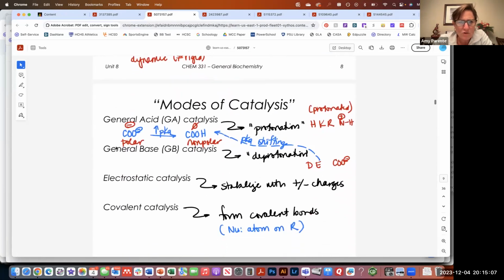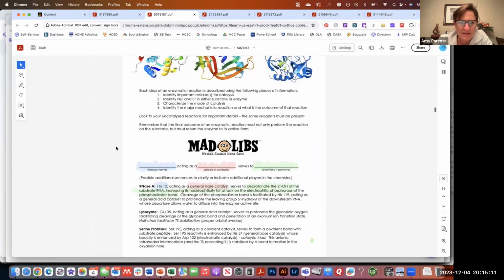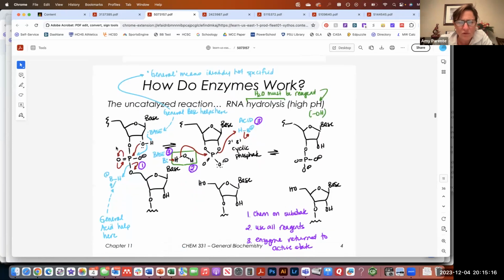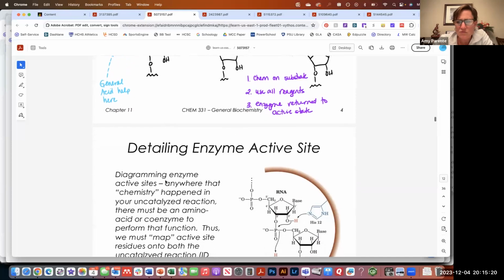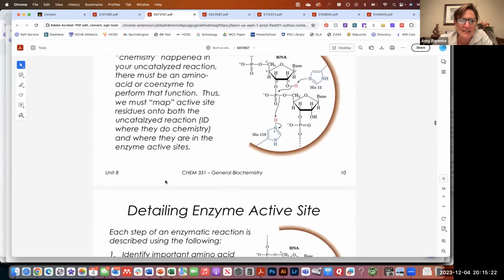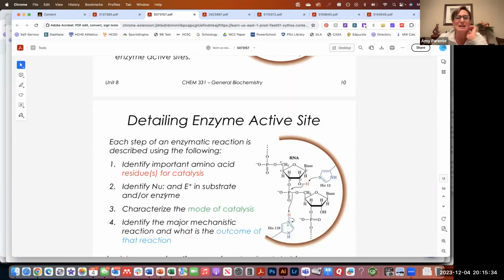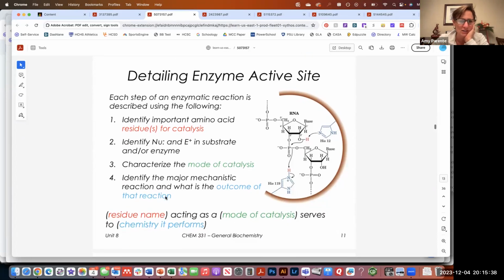We talked about modes of catalysis. Again, there's your Mad Libs, sort of how to describe that. And then we went through each specific enzyme. Liz, I'm really appreciative of you sitting down and working with me to act out those things. I think that did a really nice job of trying to illustrate what I wanted to do with all of you, putting on the name tags, but can sometimes create more confusion than I want.